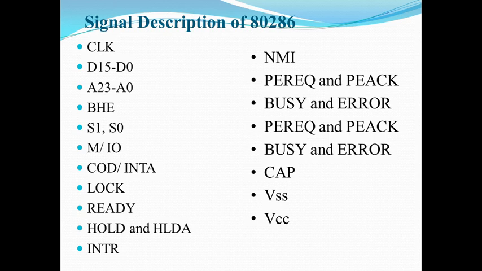Next, busy and error. So processor extension busy and error, active low input signals, indicate the operating conditions of the processor extension to the 80286, that any coprocessor or any peripheral is attached, and these two pins are used in order to synchronize or work with them. So these are used as signals for operating with them. If busy goes low, that indicates to the 80286 to suspend execution and wait until busy becomes inactive.